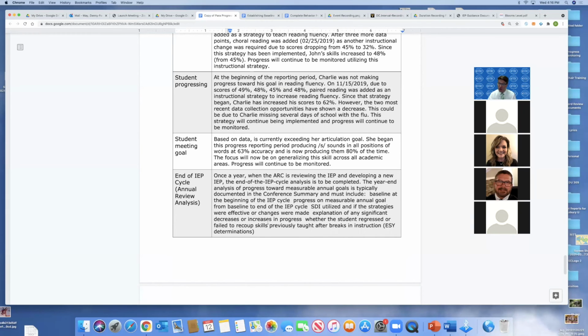And keep in mind, if you change the goal, you got to have an ARC meeting, because that's not a non-programmatic change, but that's a programmatic change. So we see here then that they've captured all that information. So let's go back over that one more time. You got to have the baseline. You got to have progress on the measurable annual goal. And you should have this